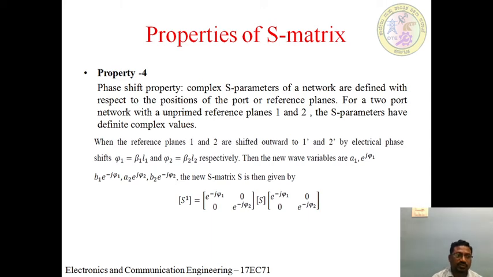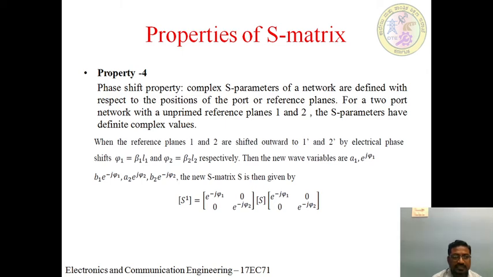Then property 4, that is phase shift property. The complex S parameters of the network are defined with respect to the positions of the port or reference planes. For a two-port network with the unprimed reference planes 1 and 2, the S parameters have definite complex values. When the reference planes 1 and 2 are shifted outwards to 1 dash and 2 dash by electrical phase shifts of phi 1 equal to beta 1 into L1 and phi 2 equal to beta 2 into L2